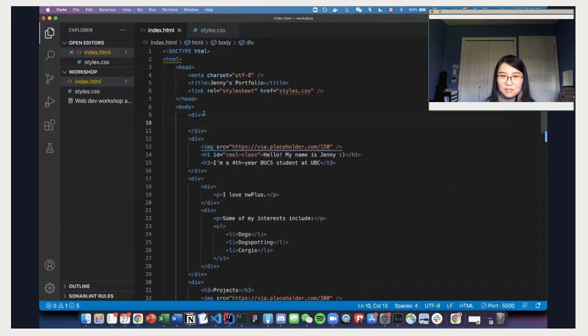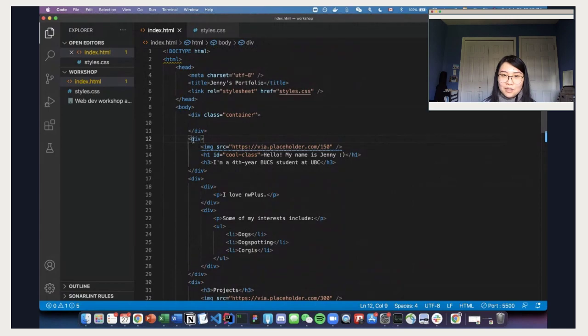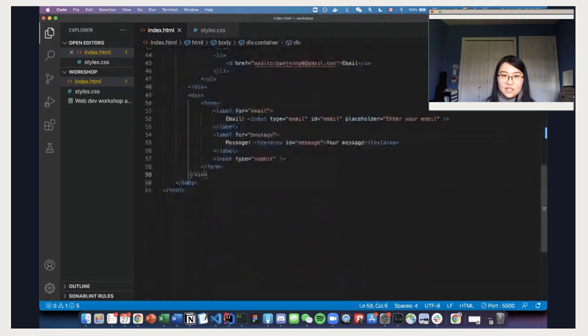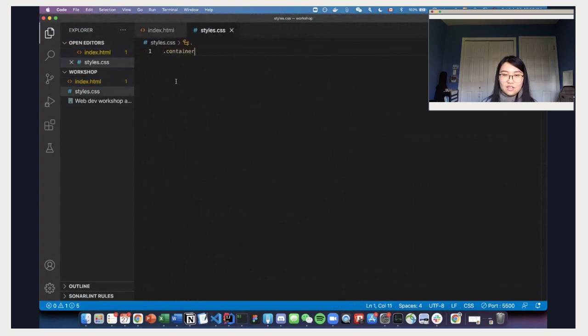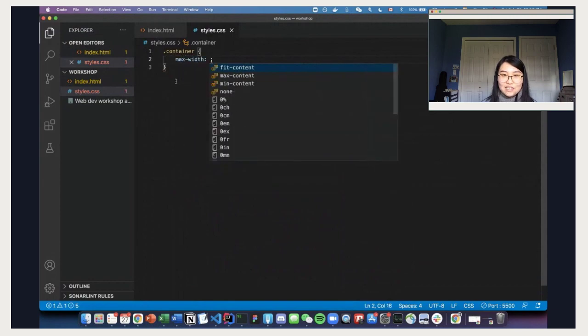So I'm going to declare a div element, and then I'm going to make a class called container that contains all of the elements on our page, and I'm going to move this closing div tag to the very end of the page, right before the body. And when we define the container class, I'm going to specify that the max width is 840, and